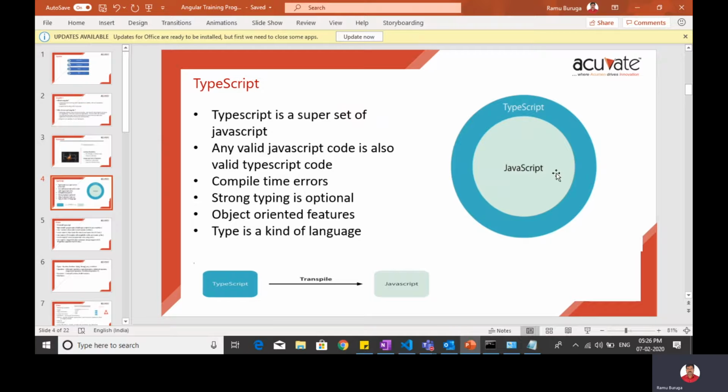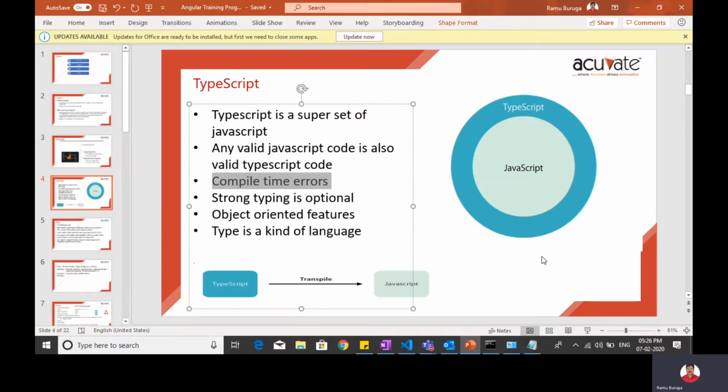That is why I am saying every valid JavaScript code is valid TypeScript code. So that JavaScript can run automatically in TypeScript, and you can write JavaScript directly also. That is the reason it is a superset of JavaScript.